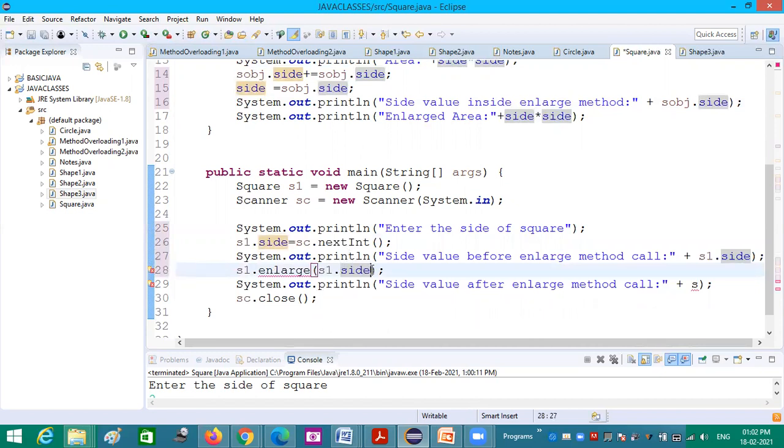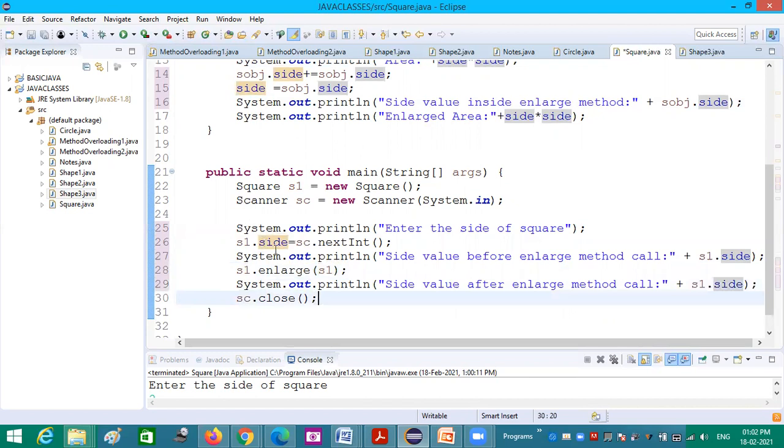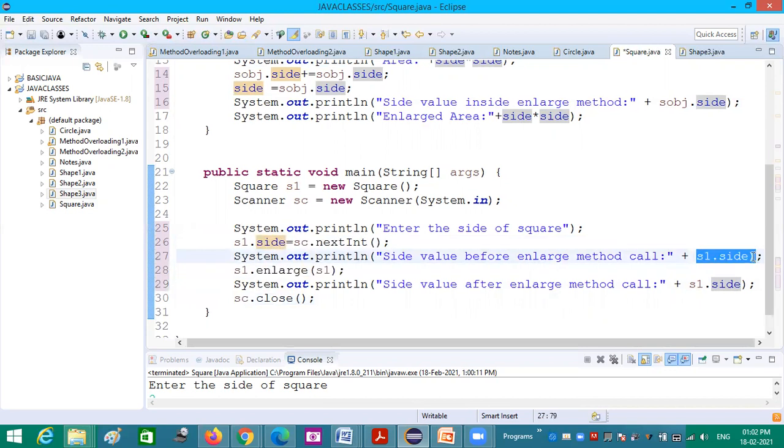Let me pass S1, S1 itself. And here also I am trying to print S1.side. So the same object S1 assigned value here, and that is printed before calling enlarge, and enlarge is called, and after calling enlarge also I am printing it.